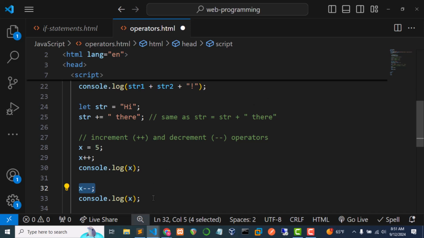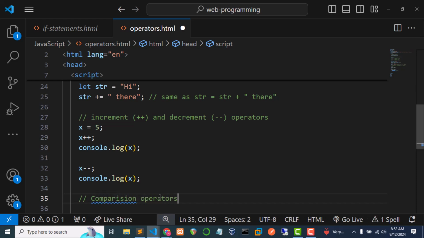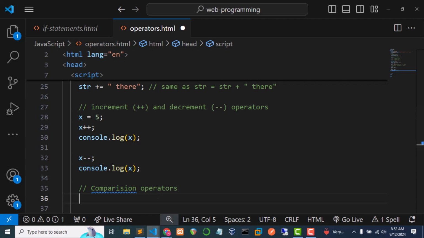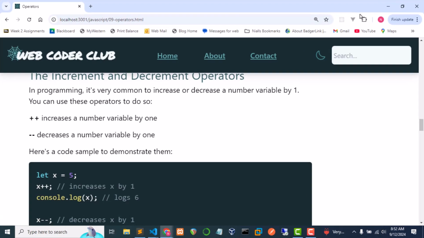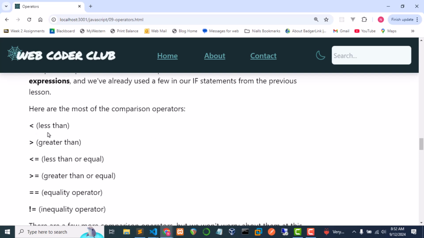The next category of operators is what we call the comparison operators. Okay, and you've already seen most of these, so I'm going to pull up the notes that you have access to right here. Here we go. These are the comparison operators. They allow you to compare values. They're especially handy when you use them in Boolean expressions. So if you want to find out if one variable is less than another variable, there's the less than sign. I don't need to spend time on this because I assume you already know it, but there's the greater than